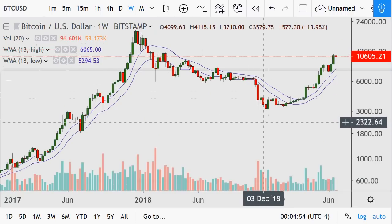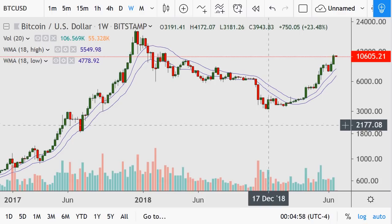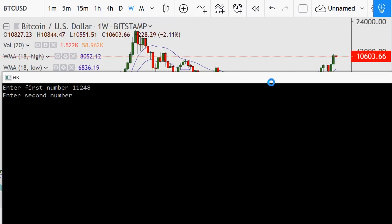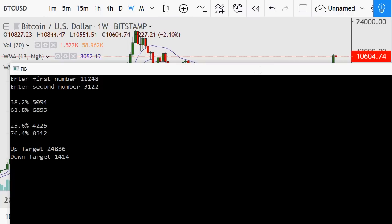All right then. So the low is in here at 31.22. I should have these memorized. I mean, I memorized the silver prices way back when, but $8.46 was the low silver price and $49.81 was its high. Okay. So we're looking at the 76.4, and then breaking that would be 61.8. 76.4 is 83.12 and now the six key levels is